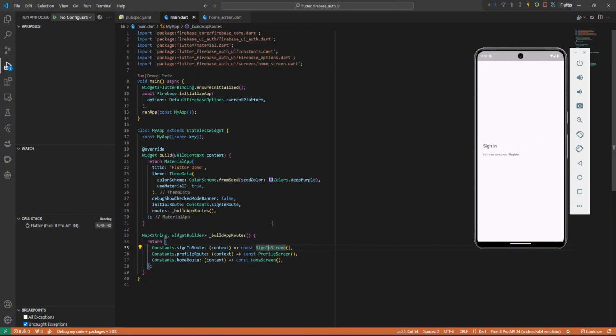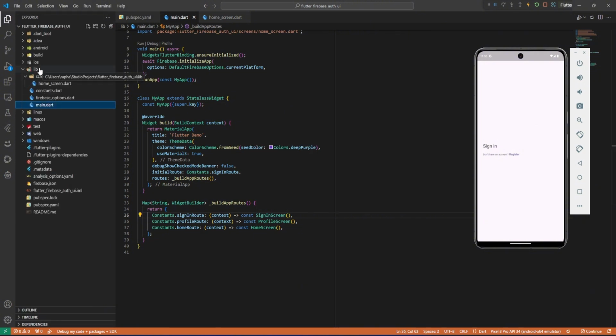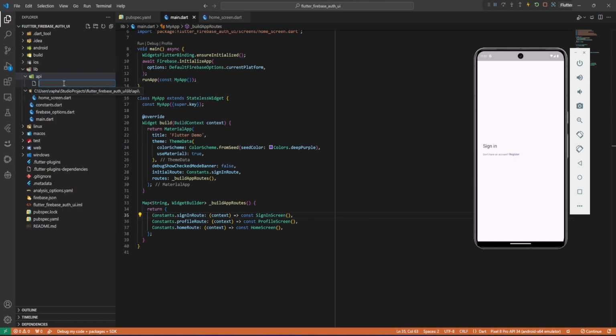So what we're gonna do is, even this sign-in screen and profile screen, we need to create a separate class to put these inside. But before we do that, first let me add the first provider here. Okay, so let's go ahead and do that. For that, I'm gonna come here and, in the lib here, create a new folder. Let's name this API. Now in the API, I'm gonna right click and then create a new file. So this one, let's call it